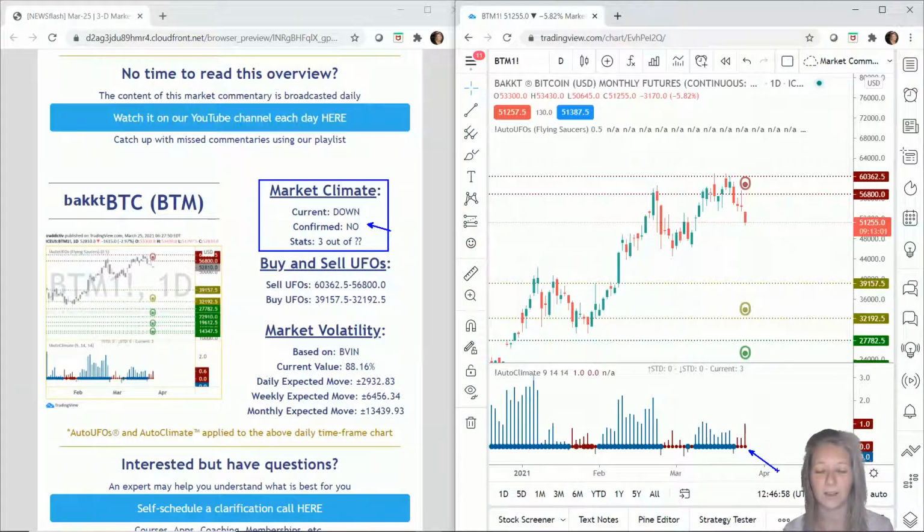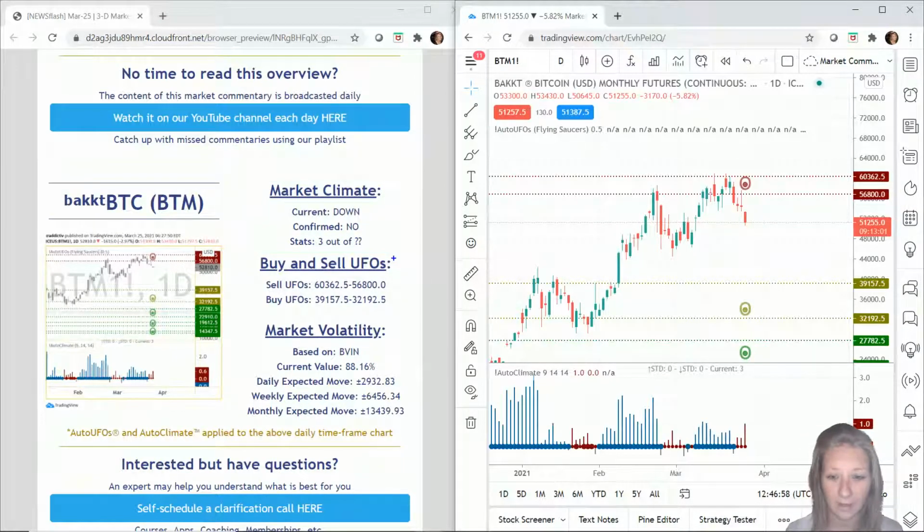We see that it's an unconfirmed downwards climate because it's a thin red dot. Again, the fact that it's red is kind of irrelevant. It's a thin dot which tells us lack of probability to either side. Now, in terms of stats, we don't actually know the stats. We don't know what usually happens in this market, up or down, because it's just not been around long enough. We don't have enough data to say what usually happens or not. So we're kind of in the dark there, but for the time being, again, unconfirmed downwards climate.